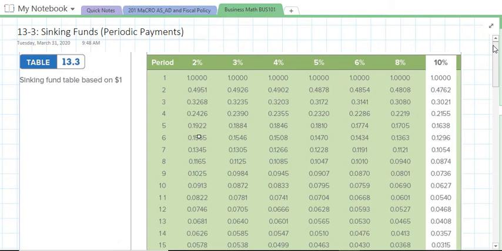Corporations also do this by issuing bonds. They'll issue a bond, let's say, for $100,000, and then they will make periodic interest payments on that. And then they will also set up a sinking fund account where they will pay off the $100,000 when that bond is due. They basically pay off that $100,000 plus interest with less money. So they borrow the money, they spread it out over time, and then they pay it back